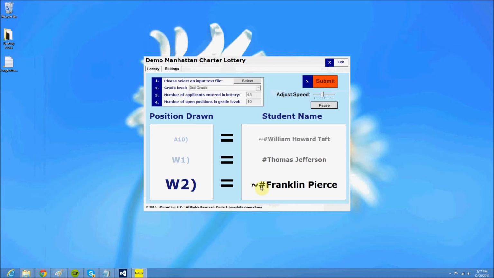Again, we happen to see here's someone, Franklin Pierce, who could have been picked as a set-aside, but wasn't part of those 2 spots picked as part of the 18% waiting list 2. We do see those sprinkled in who didn't have a set-aside. All the preference groups are randomized too, just for complete fairness, especially considering the fact that the waiting list can be